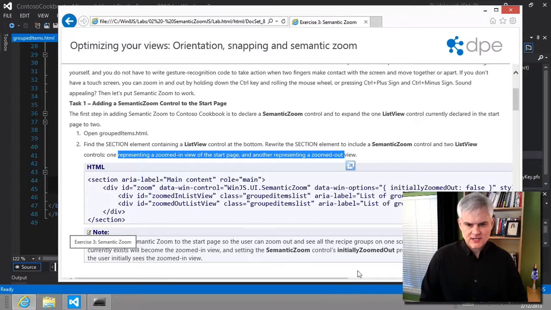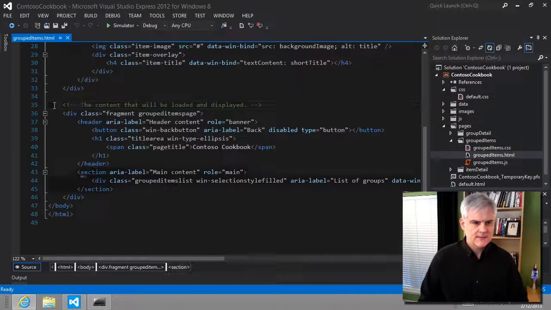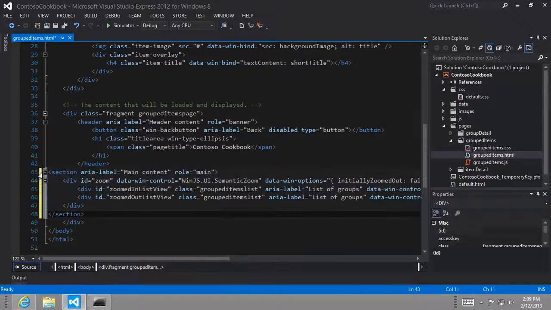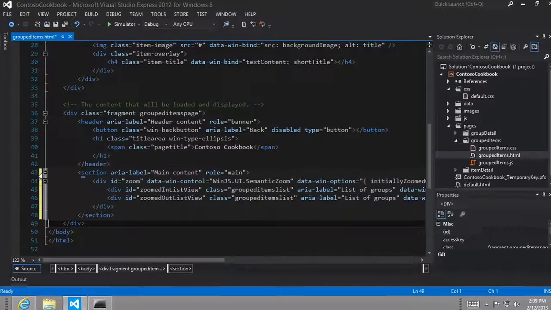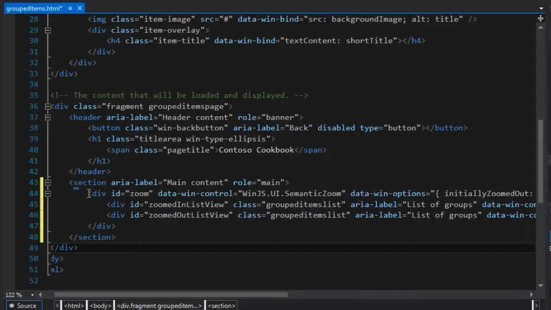All right, now it's a little tricky on this page for some reason to get over here to the right hand side to actually copy stuff, but I was able to do it, and so we're just going to replace this whole section here, and let me tab it over a little bit. All right. So we can look through and inspect this. I think the key here is this div, which, as you can see, the data-win-control is set to